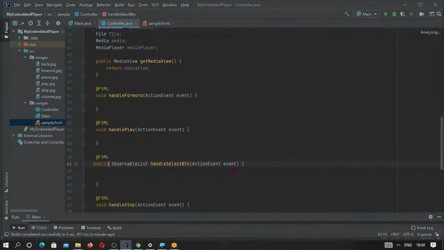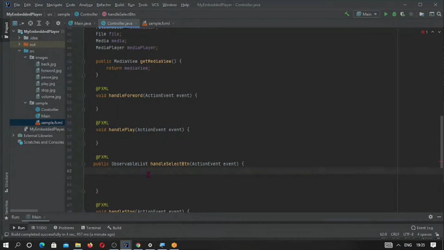Whereas public is accessible to all, open to the whole world, private is accessible to the class only, and protected is visible to the class as well as the package.